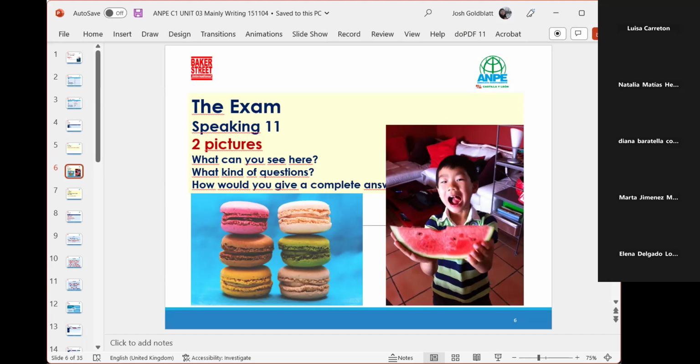Yeah, this kid has in his hands a piece of watermelon, and the kid looks a bit happy because I think it's funny for him to have a very big watermelon. This kid is in a living room, which maybe is in his house. It's a bit messy. Okay. Thank you. There we are.